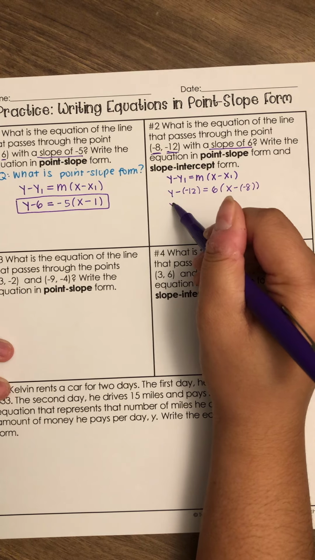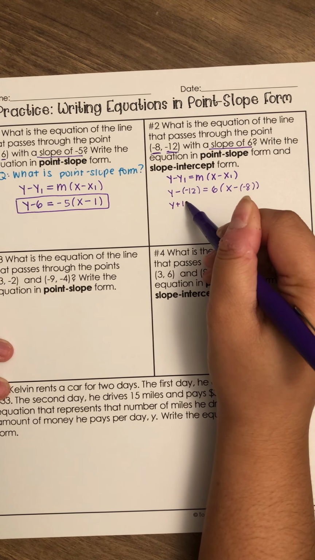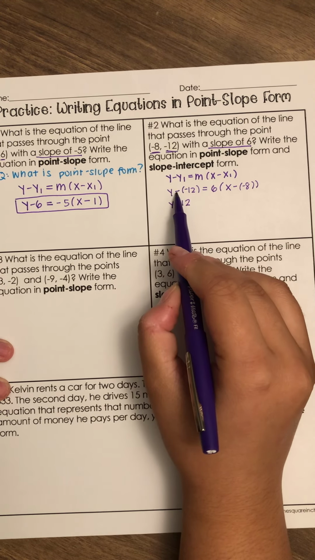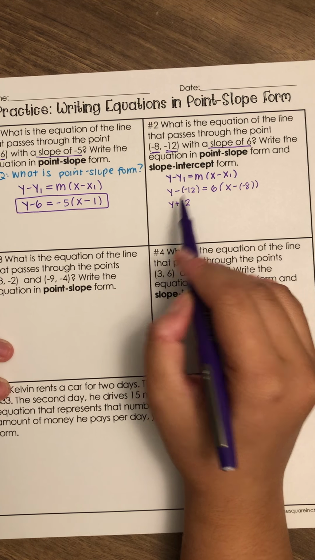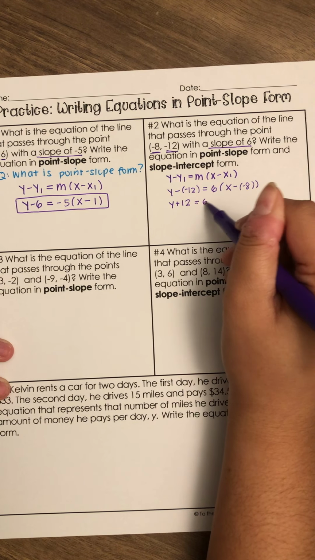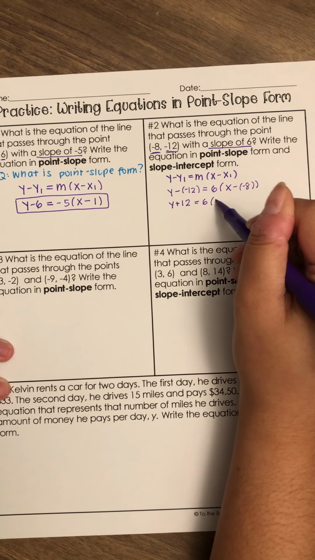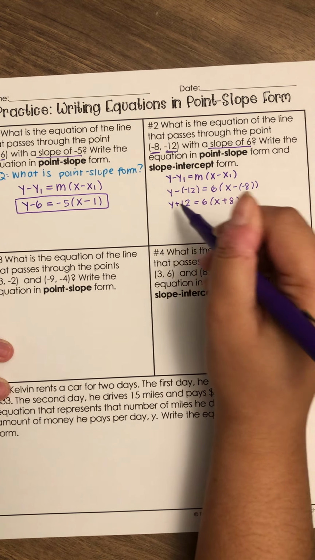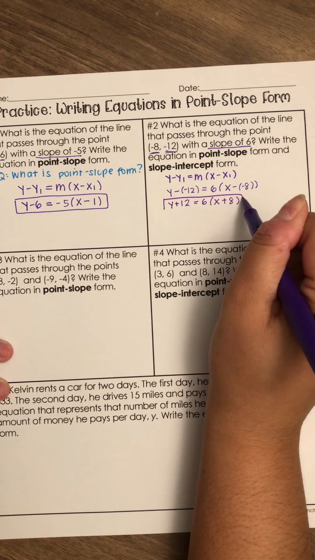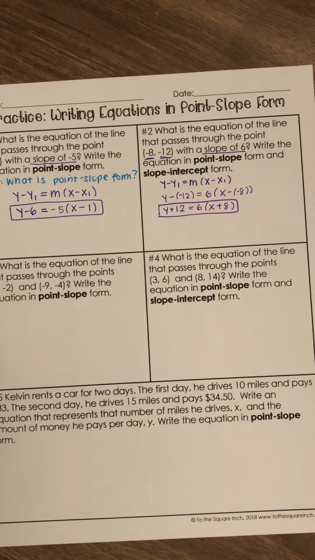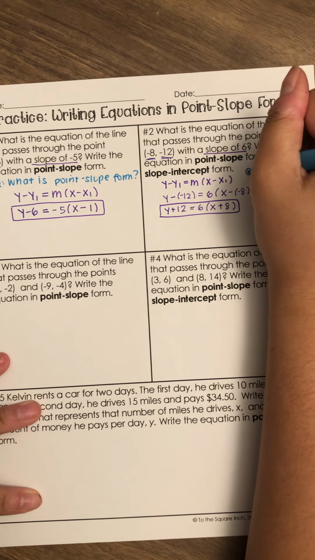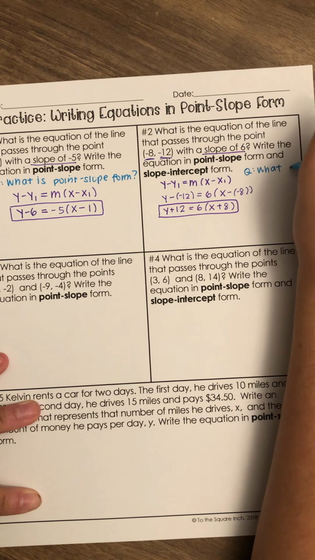I went ahead and showed you guys that one extra step of how I get this positive. So minus a negative will give me a +12. And then 6x minus -8 is just +8. And this is my equation in point slope form, but it's also asking us to write it in slope intercept form. So your second, or your third question, I believe, is what property